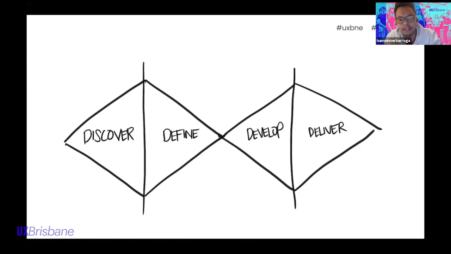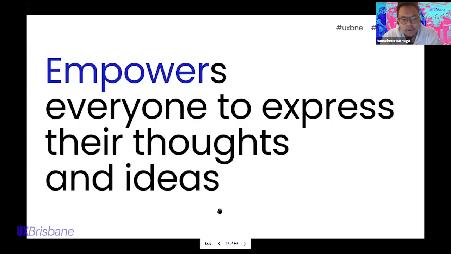it in the methods to be able to allow for remote work to be super efficient and collaborative and still be effective. Now, following on, this allows for a number of things. One, it empowers everyone to express their thoughts and ideas regardless of personality type. So you don't have someone, especially on a Zoom call, talking over another person and trying to share their ideas. Everybody's able to individually look at an idea and express it and put it down.